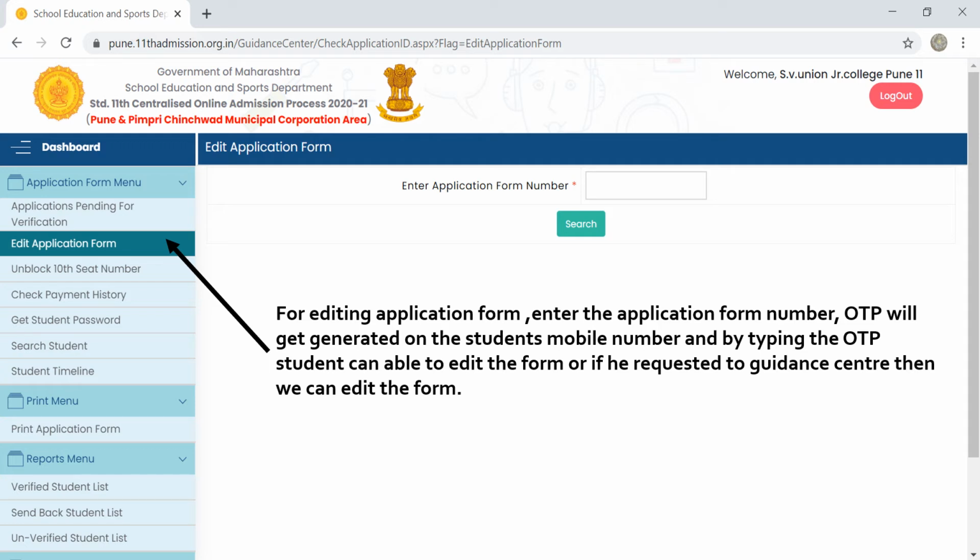Enter the application form number and an OTP will be generated on the student's registered mobile number. By typing the OTP, the student can edit the form, or if he requests the guidance center, the guidance center person can edit the form. So in this way, the form can be edited.